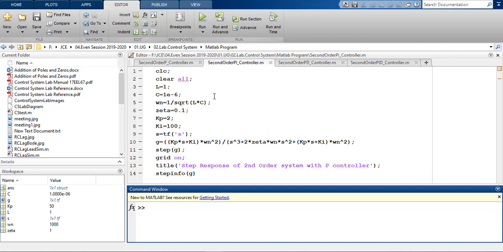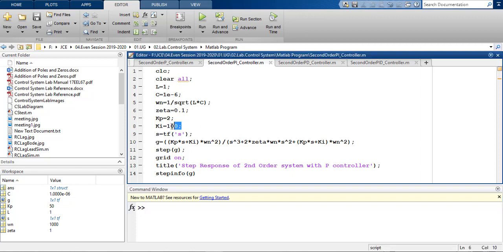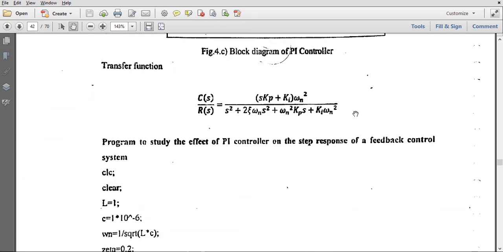Just as in the previous experiment with the proportional controller, the MATLAB code for this PI controller is the same, where we have only used a new variable Ki, and the variable has been used in the transfer function G. You can see Ki being introduced here as well as here, following the transfer function formula given by this expression.